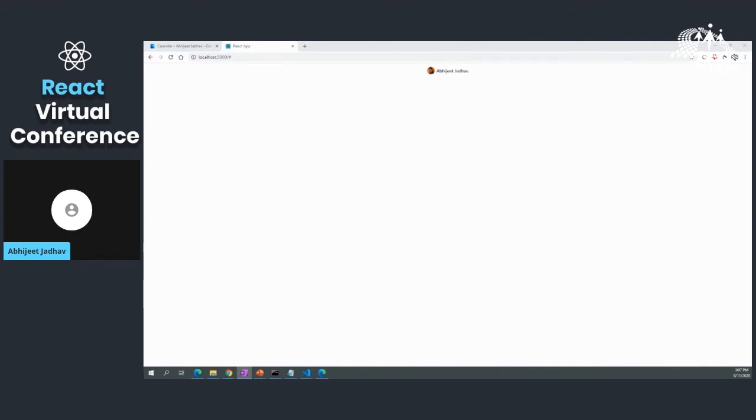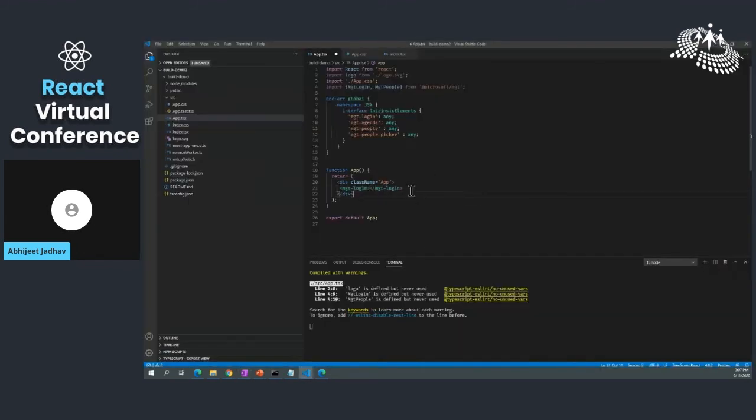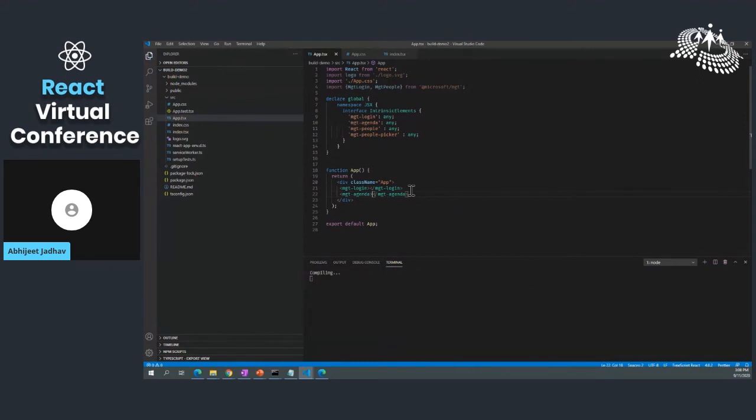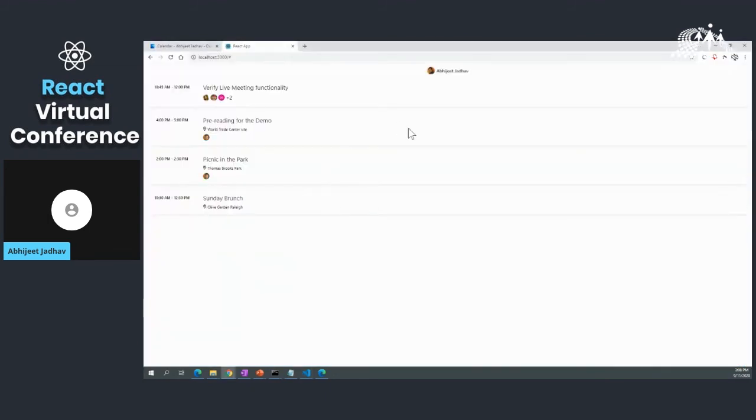Okay, this is my agenda. And with one line of code, you see here that all these 4 events are popped up.